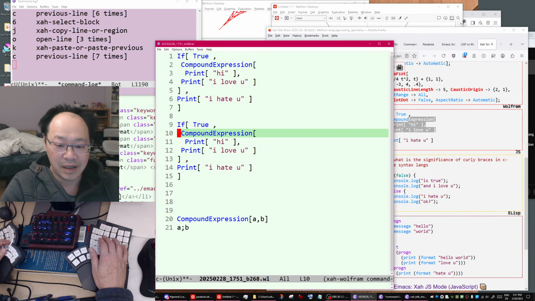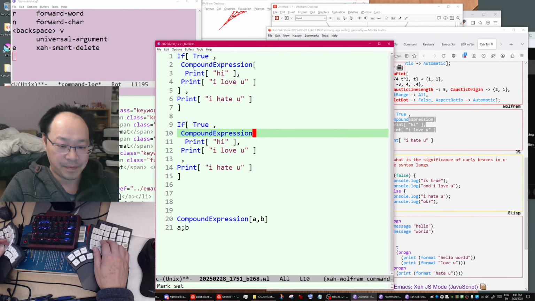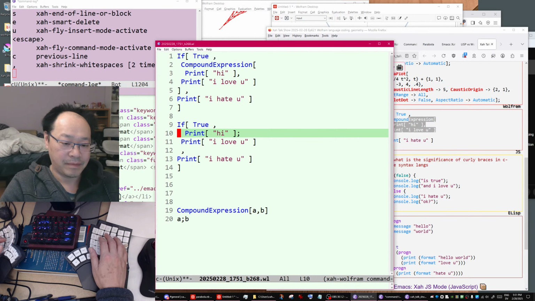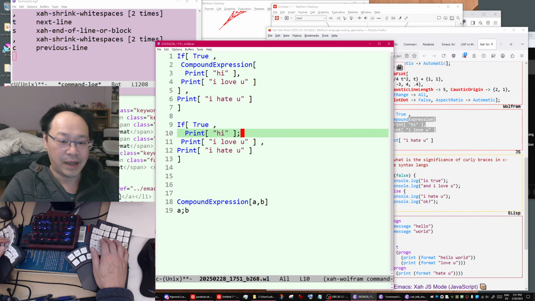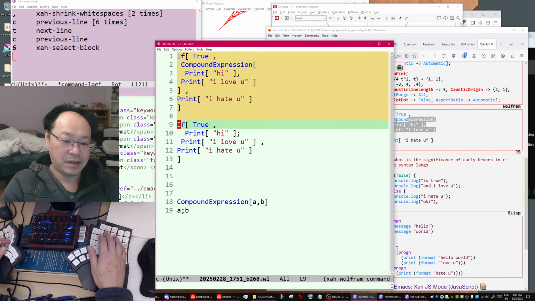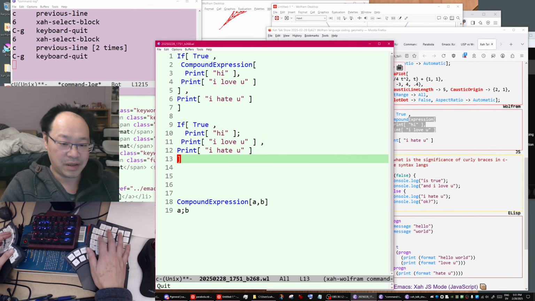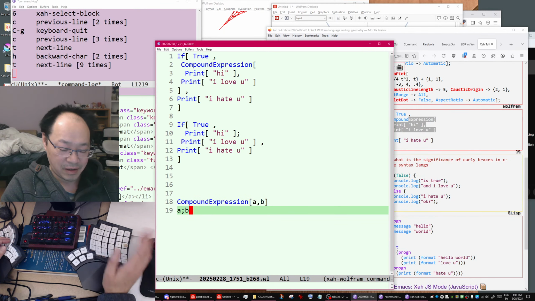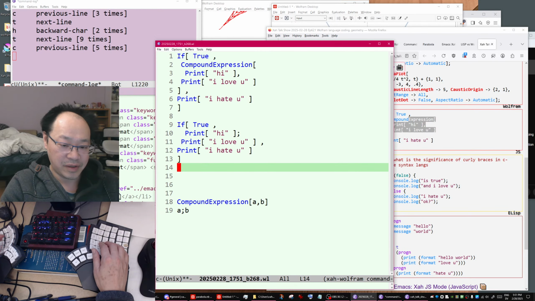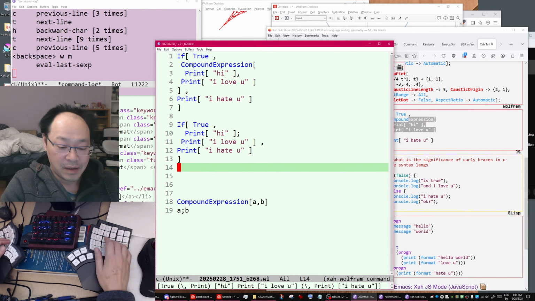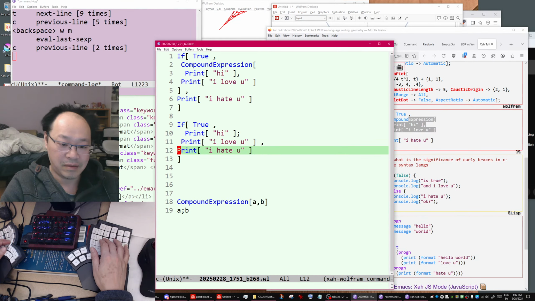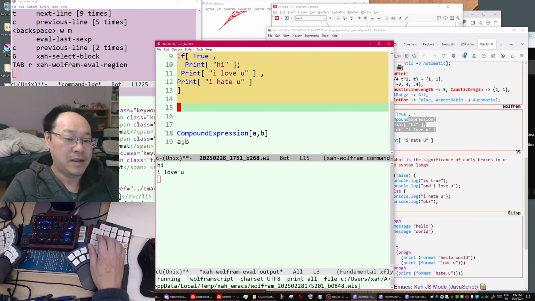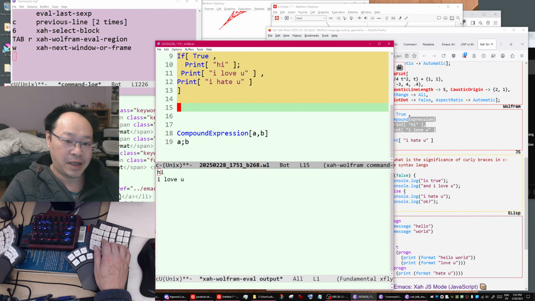So instead of that, you just have that, okay. So this is the same as that. So you see the compound expression is simply a semicolon in between, okay. So we can run this, for example. Let's run it. There it is. Hi, I love you, okay.